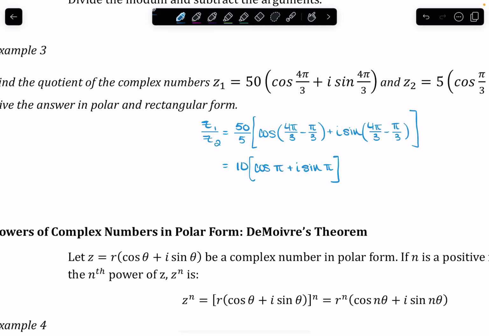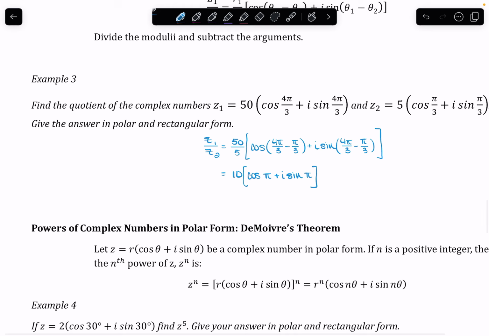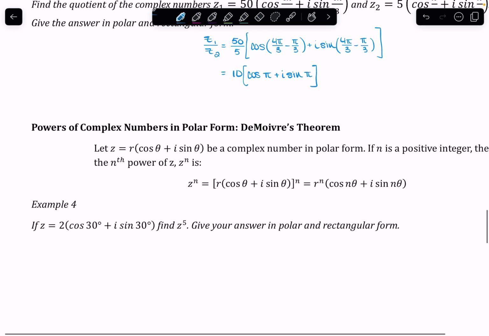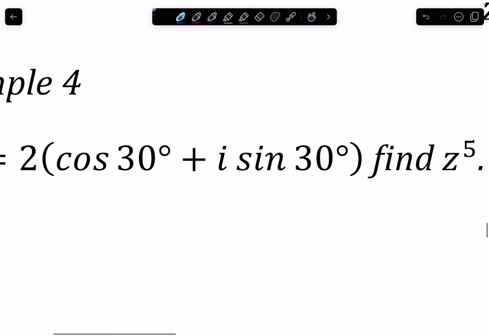All right, De Moivre's theorem. What this theorem allows us to do is find powers of complex numbers. Like if z is your complex number, find z to the second power or z to the third power or 50th for fun. All right, example 4: if z equals 2 times the quantity cosine 30 plus i sine 30, find z to the 5th. We're going to plug into De Moivre's theorem. So z to the 5th